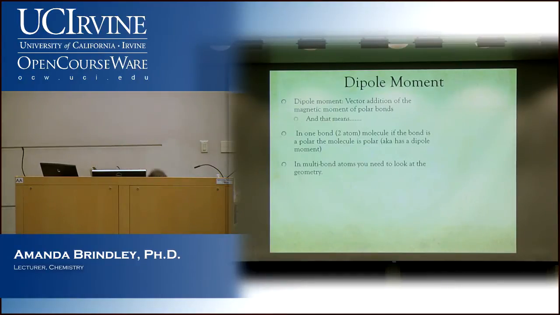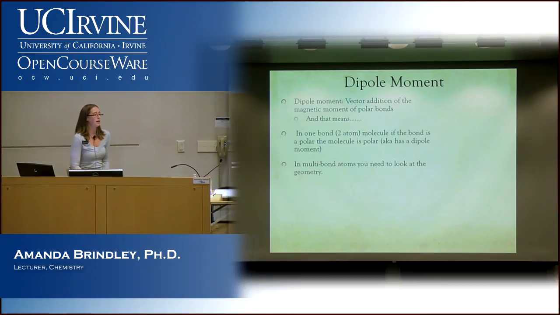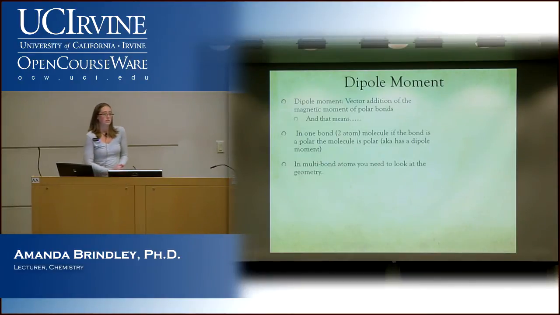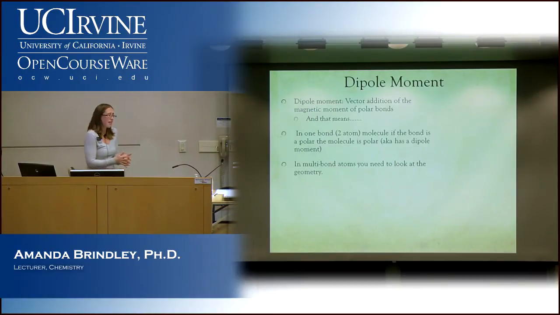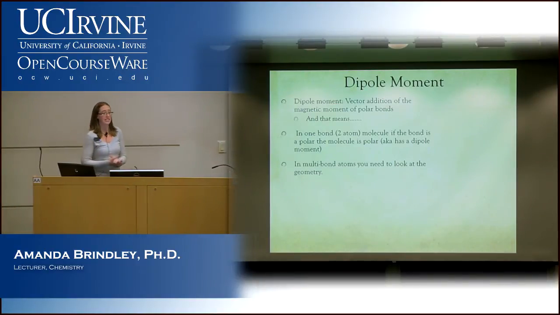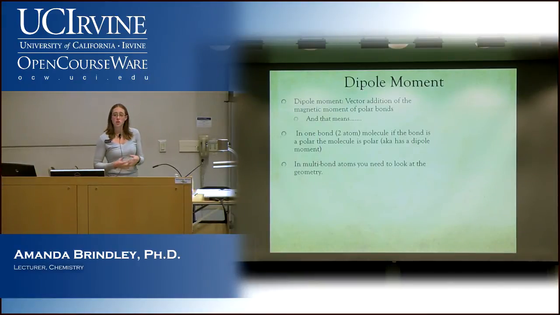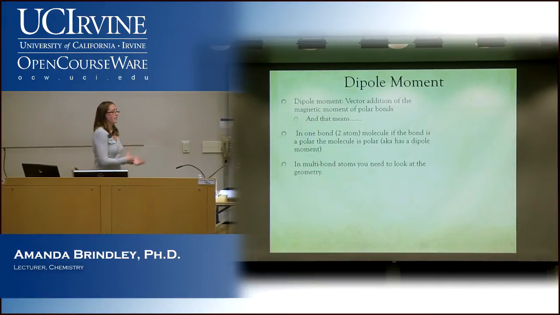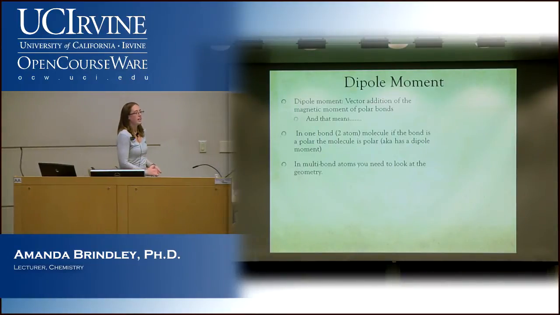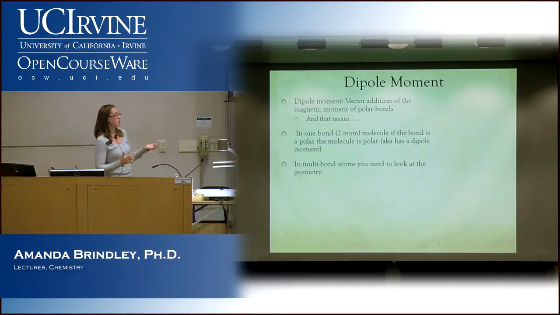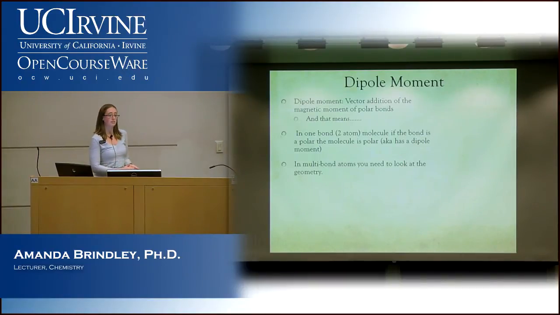Now, when we talked about it, or whether you watched it in a video, what did we say a polar bond was? We said if you have an atom that's very electronegative and one that's not very electronegative, or at least isn't as electronegative as the other one, then you would have a polar bond. So what's an electronegative element you can think of? Maybe the most electronegative. Yeah, fluorine's a good one. And a non-electronegative one, maybe hydrogen. So if you had something like HF, would that be a polar bond?